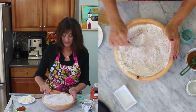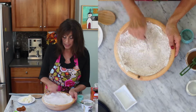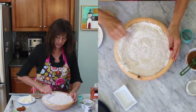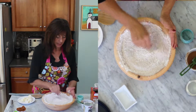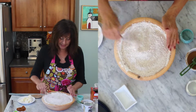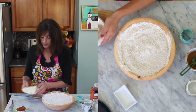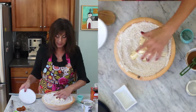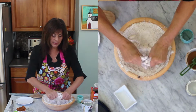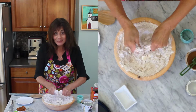Ooh, that smells good. Now I've taken canned pumpkin. I have 1/2 cup. And what I've done with that is add a whole tablespoon of the pumpkin pie spice. Really get it zesty. Now we're going to add 6 tablespoons of ice cold butter, and I'm going to use my hands to mix this up. Now why I've started doing this, and it's ended up being the best technique for making biscuits, is